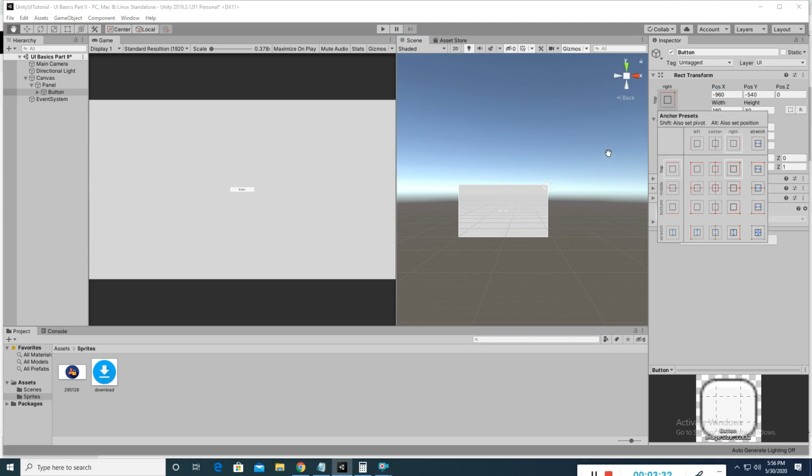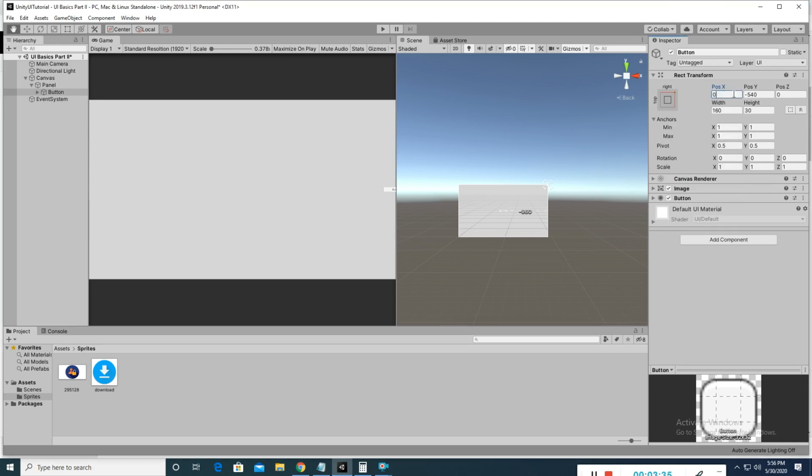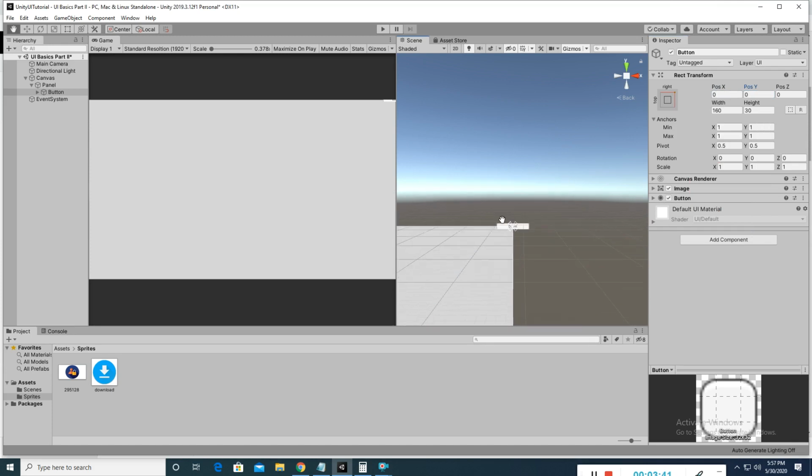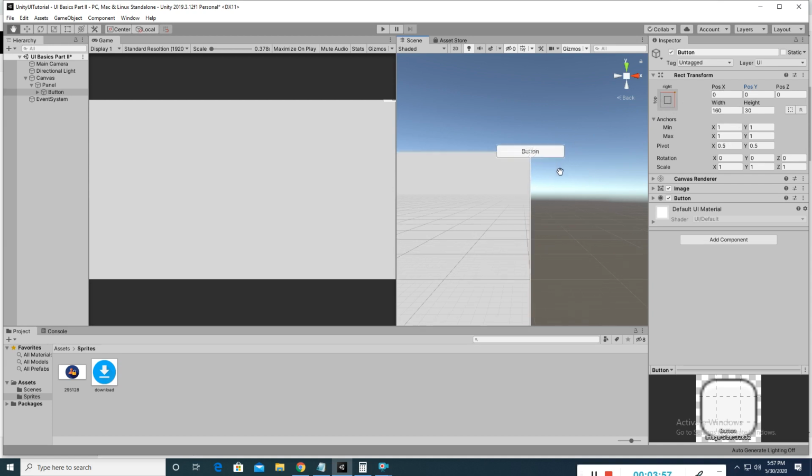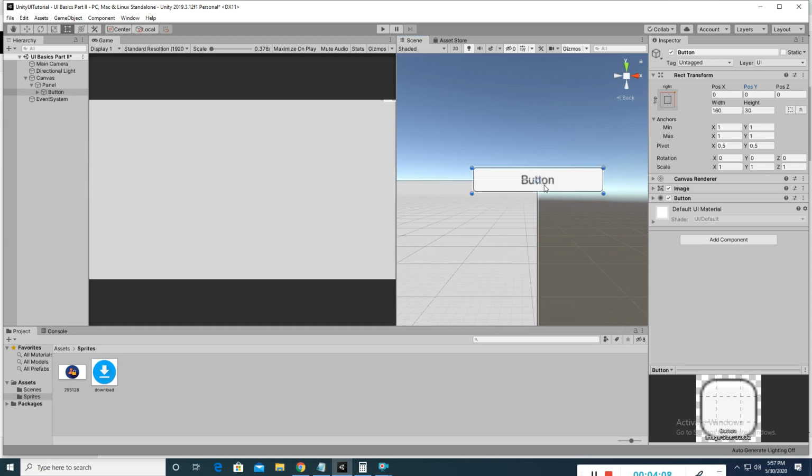If I set the position of this element to 0 and 0, you will see this element has come here. It's 0 0 0. Why? Because the anchor point of this element is the top right corner, and its XY position with respect to this corner is 0 0 0. Why is it coming in the middle of this button? Because of this pivot point. This UI element has a pivot point, this round circle you are seeing.